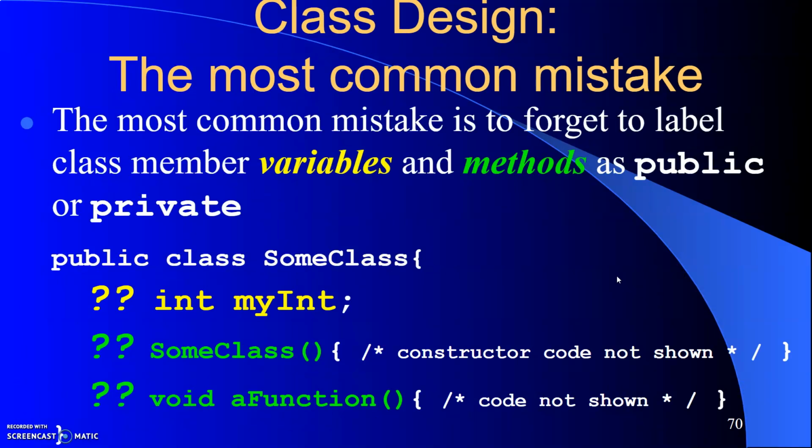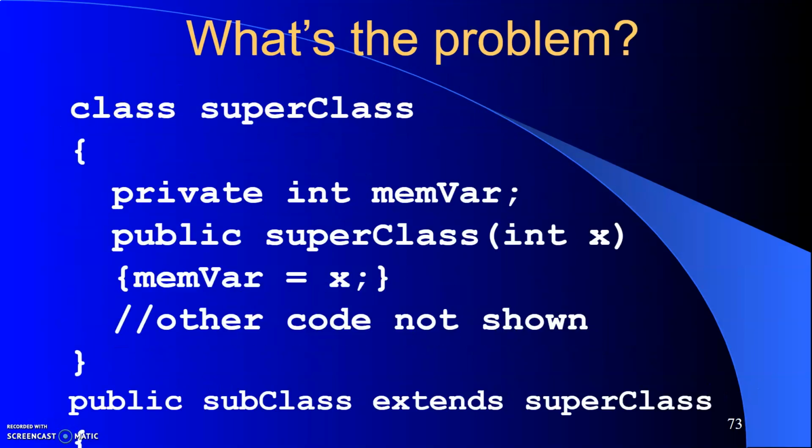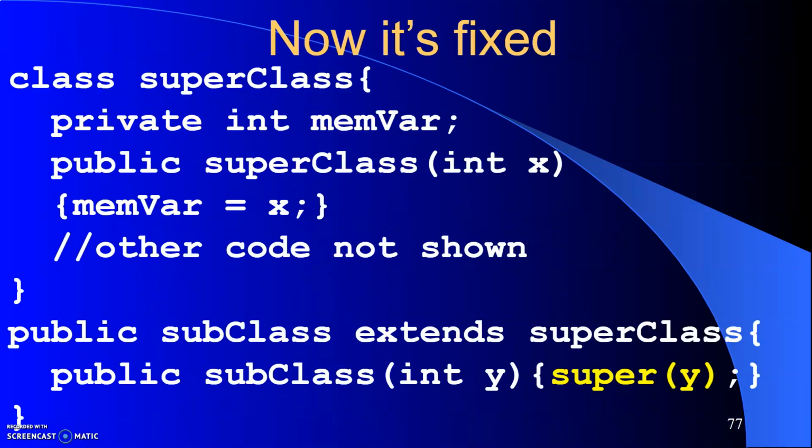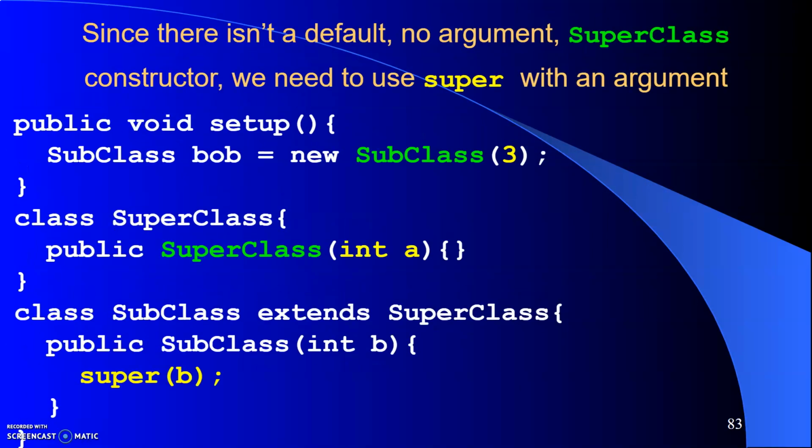The most common mistake when you're writing an answer to one of these class questions is to forget to label your methods and your variables as public or private. So typically, unless you've got a reason not to, all your member variables should be private, and all your functions, including your constructor (the constructor is a function that has the same name as the class), should be public. So you want to make sure you label all your members as public or private appropriately. Now, the second most common mistake involves inheritance and private and super, so we're going to skip over that, and we're going to go straight to our first